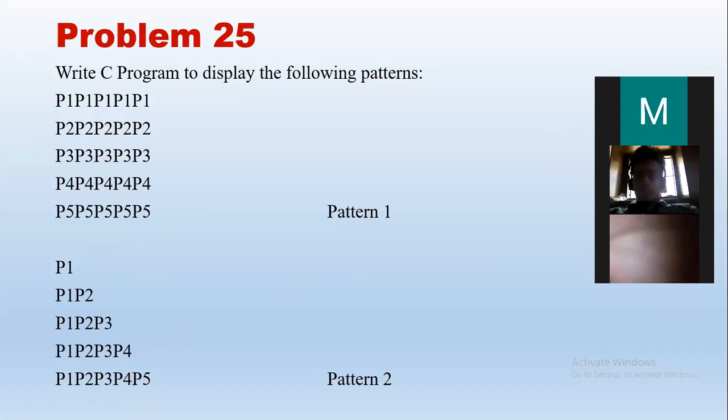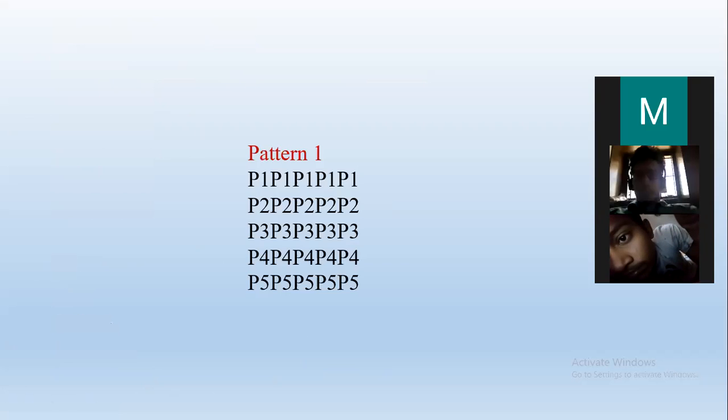Okay, so let us see how to print pattern 1. The program has two parts. The first part is to print pattern 1 and the second part is to print pattern 2. So we will see the first part, printing pattern 1. How do we print this? What is the pattern? As we have seen, in pattern 1, P1 has to be printed 5 times in row 1. Please note this is row 1 and the number to be printed is 1, along with the letter capital P. And what is that number?